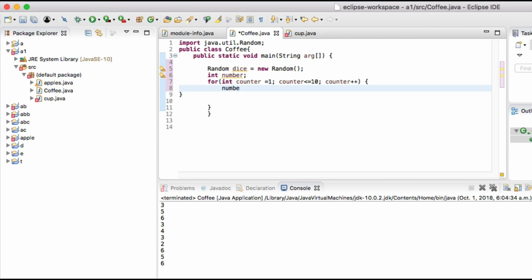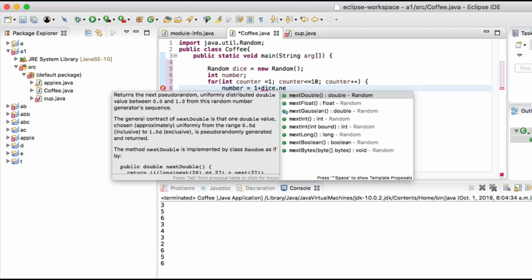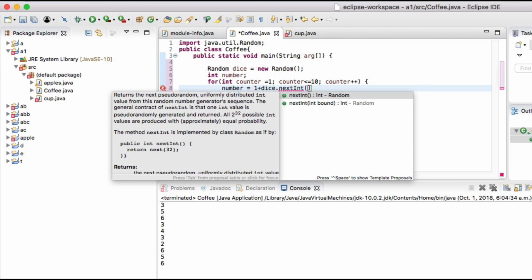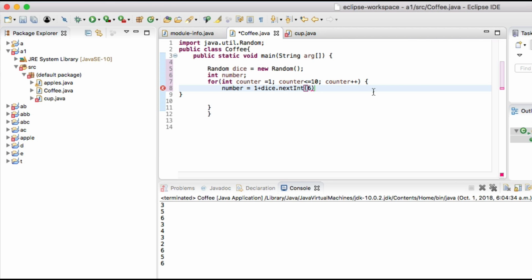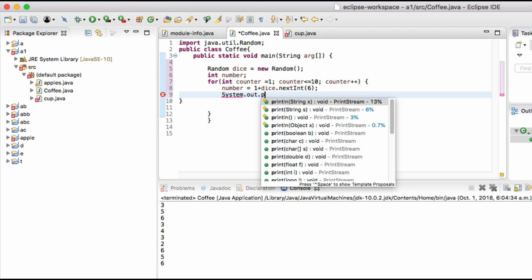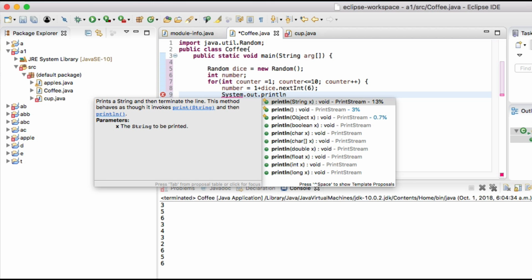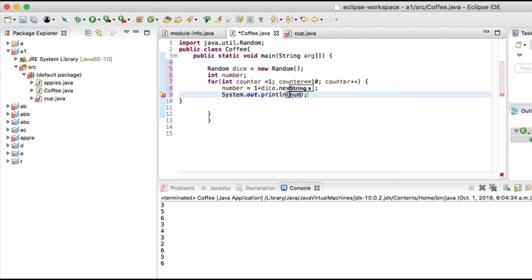and number is equal to 1 plus dice dot nextInt(6), and then System dot out dot println(number plus